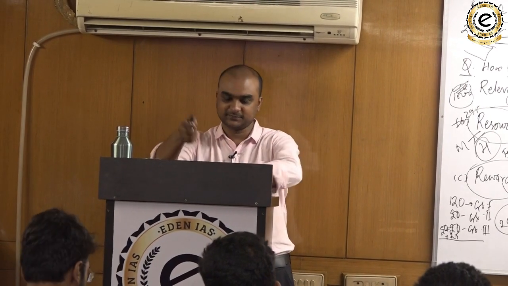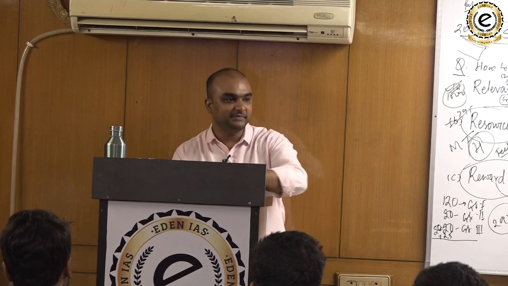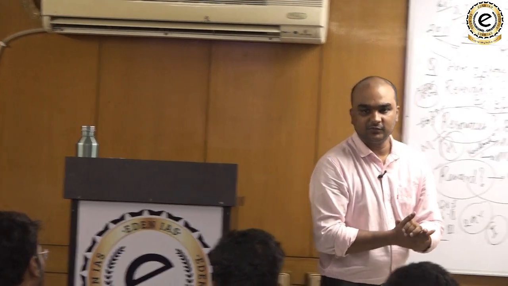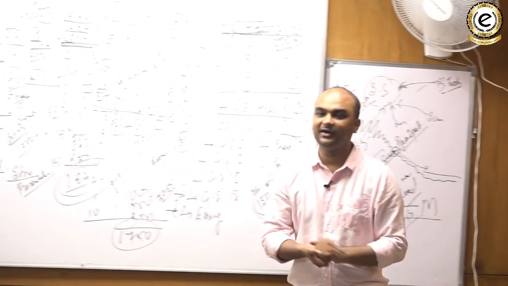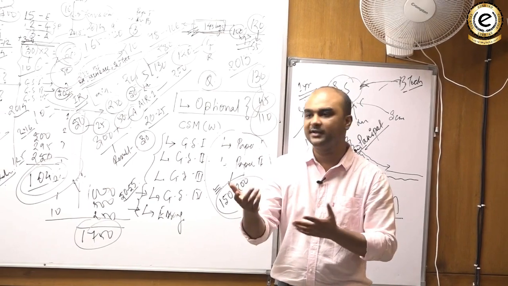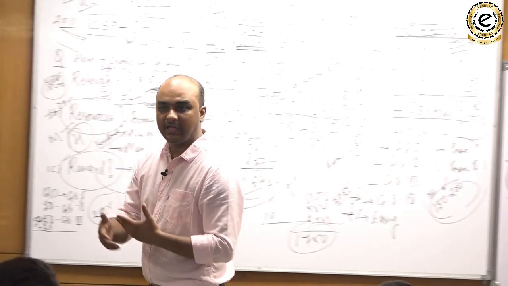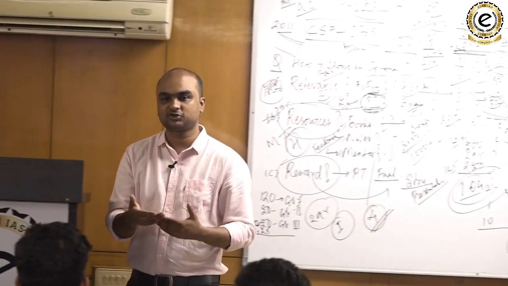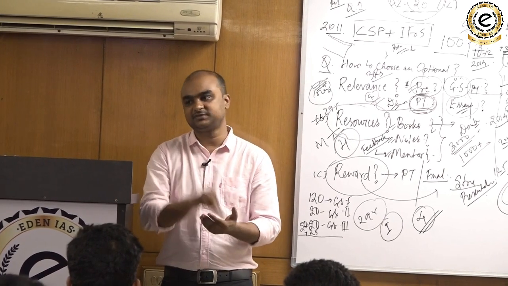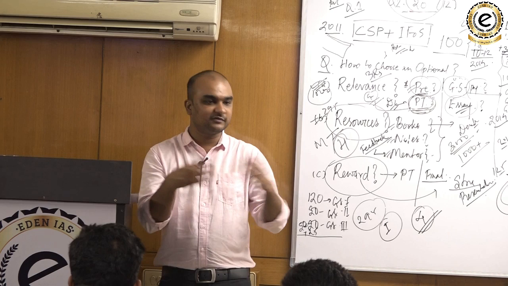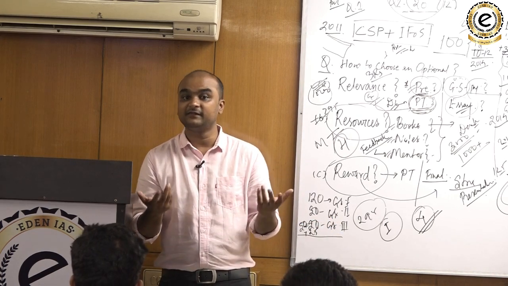The classes would be 6 days a week with 1 day off. Now, if there is some holiday, Dashera, Diwali, on those kinds of holidays we will conduct extra classes to compensate for that. Clear? Because our aim is to complete the subject within 4 months. If we overstretch it, then we may have effectiveness, but we will not have efficiency.